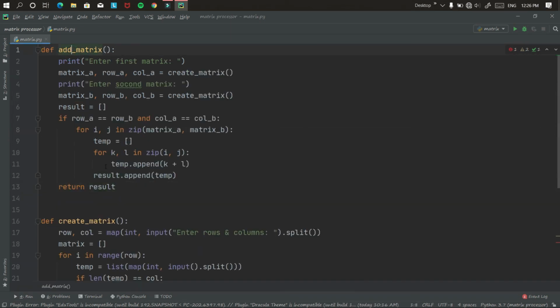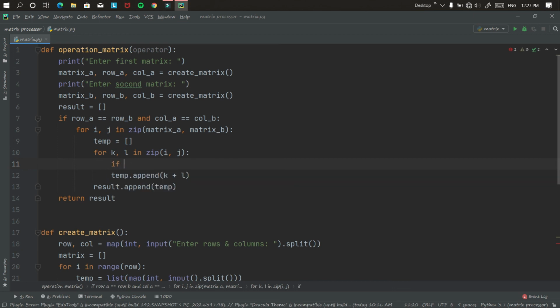Now I will show you how you can subtract two matrices. But first I have to change the name of add matrix function, and I pass the argument operator in it, which will tell me what operation I have to apply on my matrix. I change add matrix to operation matrix. And a parameter operator is passed in it.